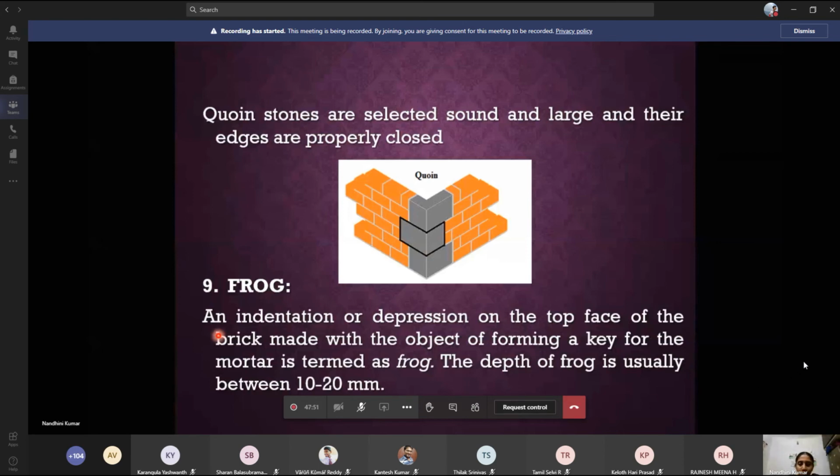An indentation or depression on the top face of the brick, made with the object of forming a key for the mortar, is termed as frog. The depth of the frog is usually between 10 to 12 mm. We saw that